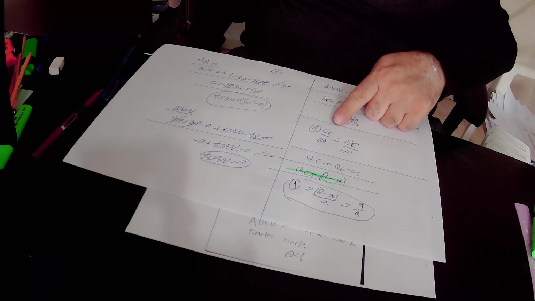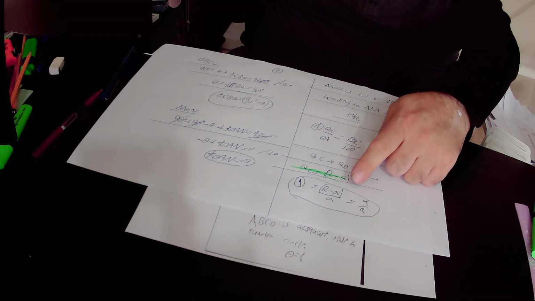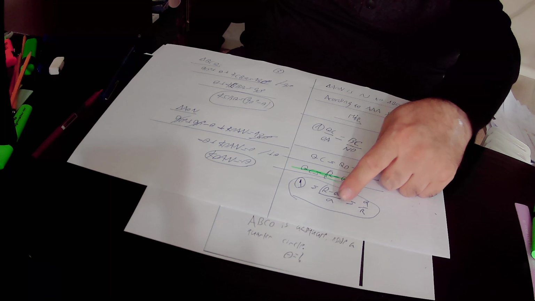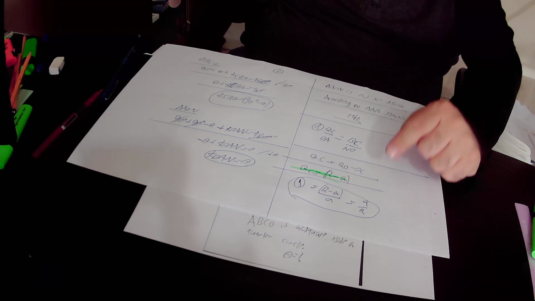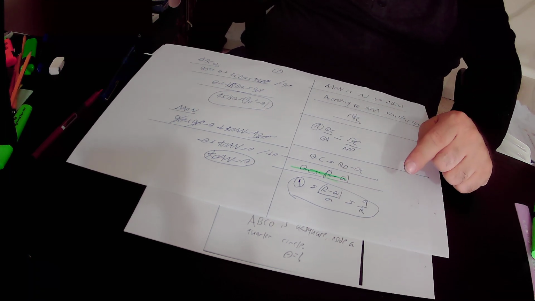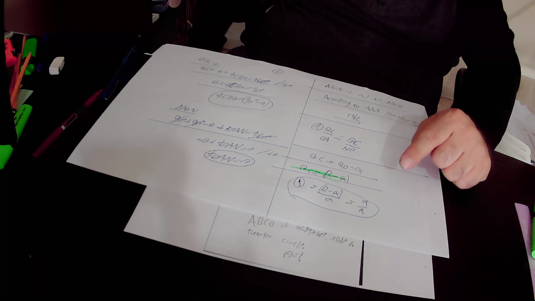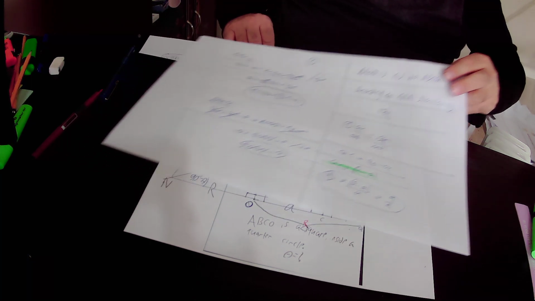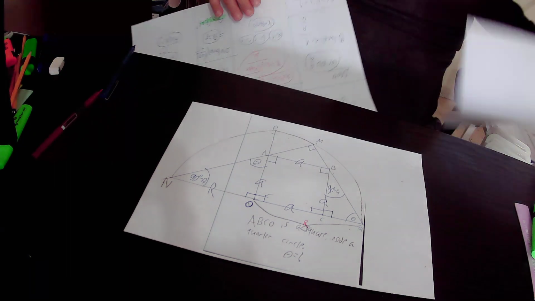We did it. And we got QC, which is equal to R minus A, over OA, which is A, BC is A, and ON is N. So in conclusion, we found that according to equation number 1, R minus A over A equals A over R. Okay, then we focused on the right triangle